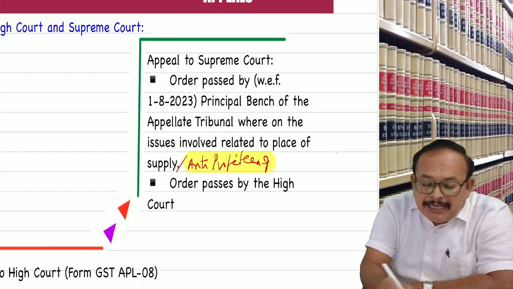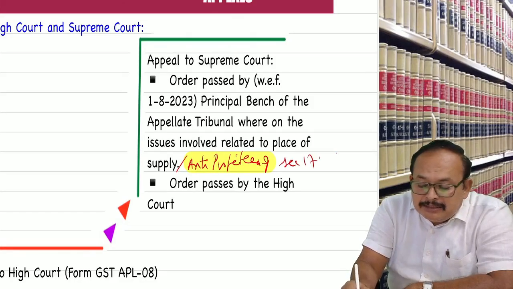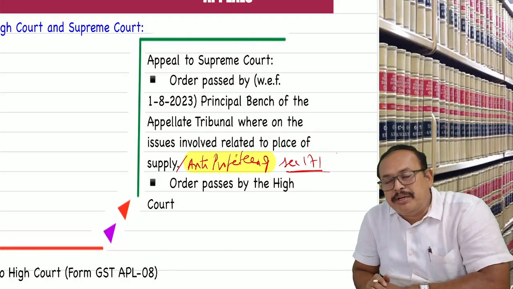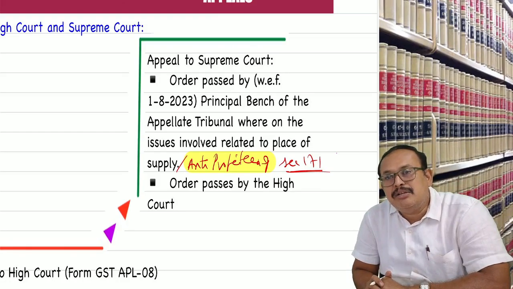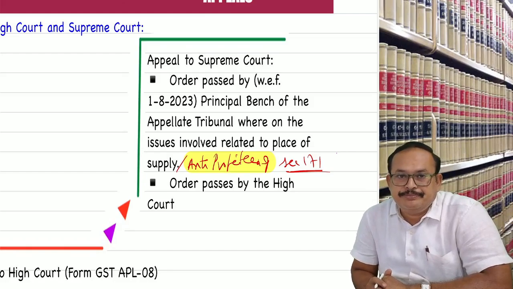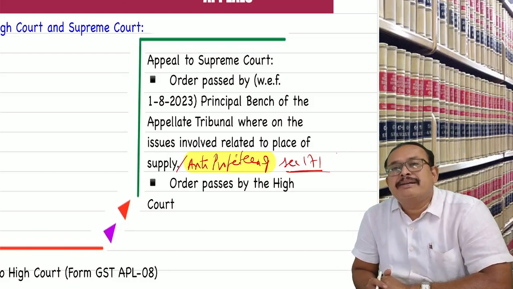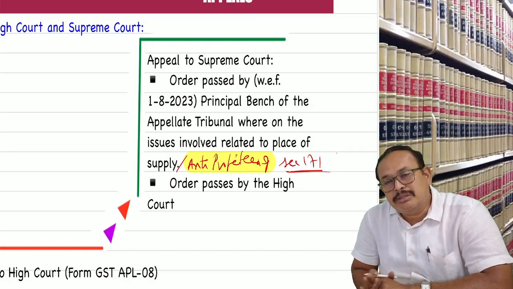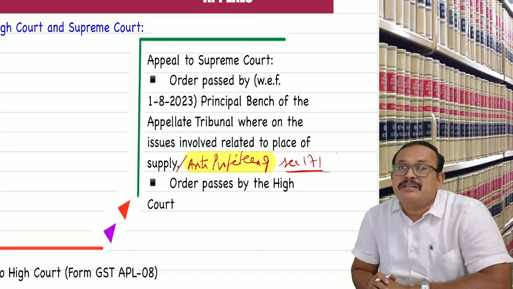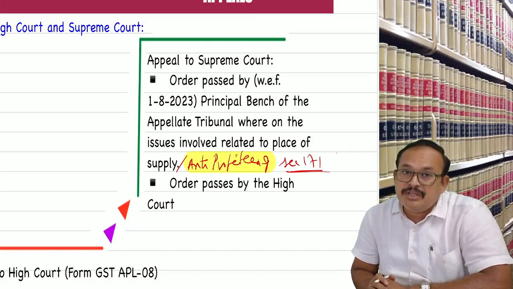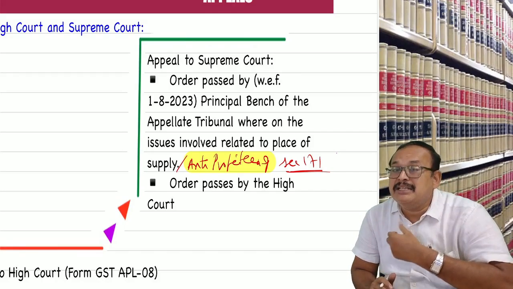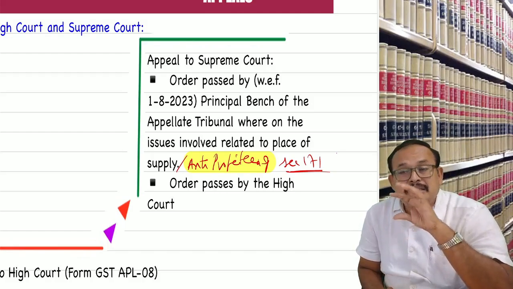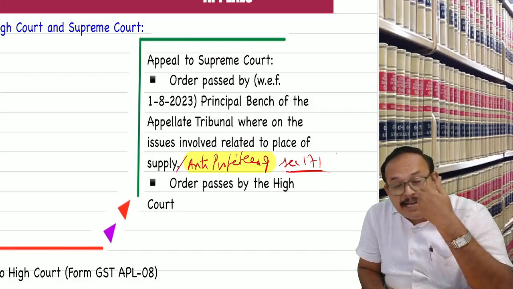The separate chapter on anti-profiteering, section 171, has been transferred from CCI, Competition Commission of India, to the anti-profiteering authority. Anti-profiteering only will hear the case. What is anti-profiteering? With a reduction in the rate of tax, there should be a commensurate reduction in the price, so the ultimate benefit goes to the consumer. Input tax benefit ultimately should pass on to the end user. If you did not do so, you are retaining that marginal amount difference between the tax reduction or the input tax credit, and the benefit is being gained by the taxpayer.